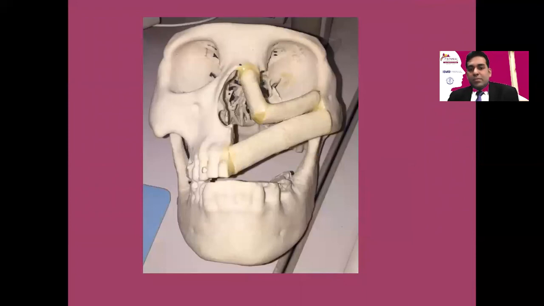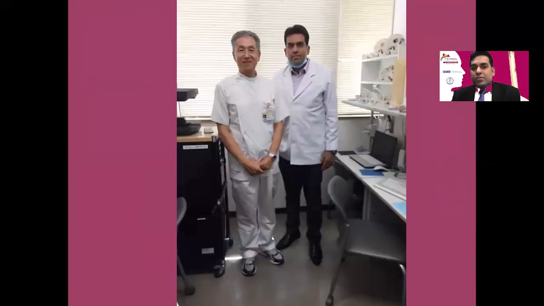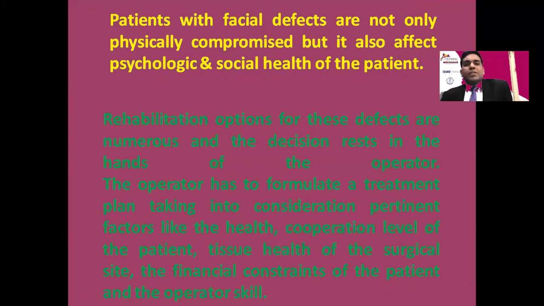Now, this is the equipment which is used for fabrication or for 3D printing purposes. Now, this is a 3D printed model, and it can be used for prosthetic rehabilitation or planning for implant placement followed by prosthetic rehabilitation. So 3D printing is a very important tool which can be used for fabrication of this facial prosthesis, and it will give a more precise idea, or you can plan your prostheses in a more precise manner. And if there is any provision for placement of implant, that can also be planned with the help of this 3D printed model.